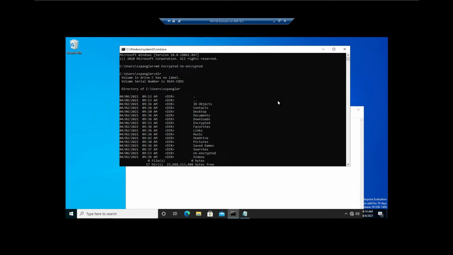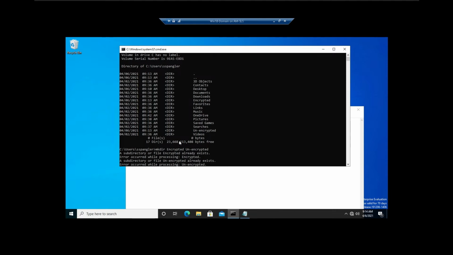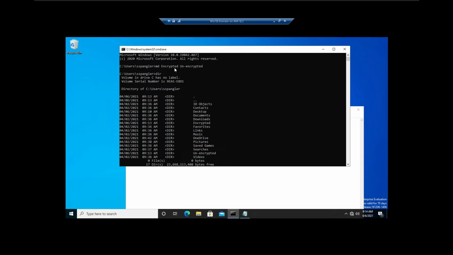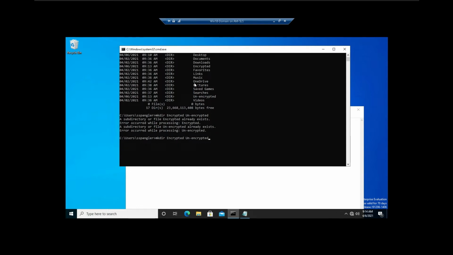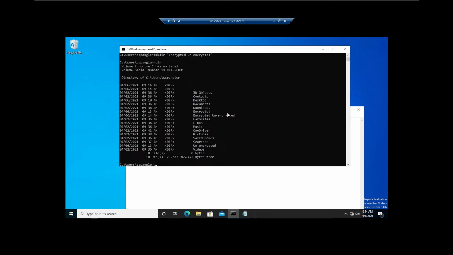You can do MD, make directory, and then the names of the directories you want to make, or mkdir, make directory, and just the folders you want to make, encrypted, unencrypted. If you quote them, it'll be a single folder. So to show you that, I will do that command, and I will just quote it. Now it has no issue, and if I do dir, now you've got one whole folder that says encrypted, unencrypted. That's not the one we're going to use, right? So if I want to get rid of that,